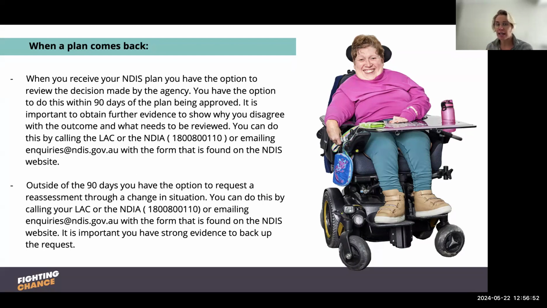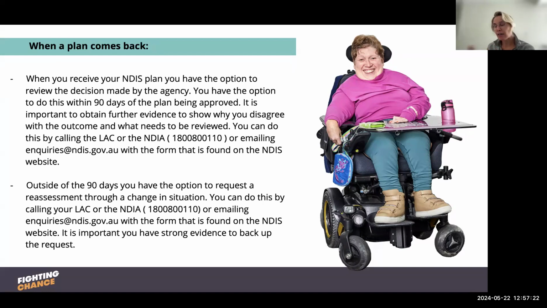You've got 90 days from when the plan's been approved. You can utilize your plan as normal through that period of time, so you can get reports and things like that, and then you can submit it. What I recommend, if it's a change of situation or an internal review, submit it through inquiries, the evidence and the internal review form, which we'll put in the resources, but